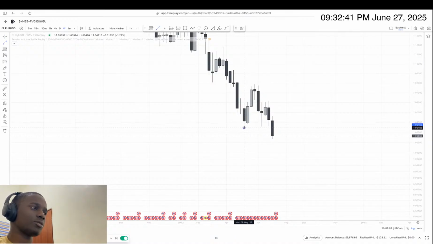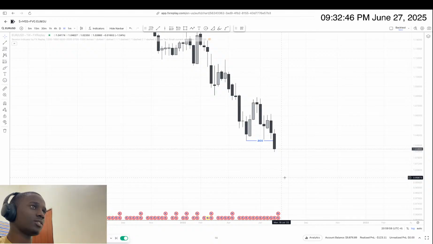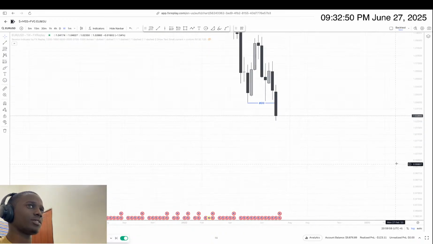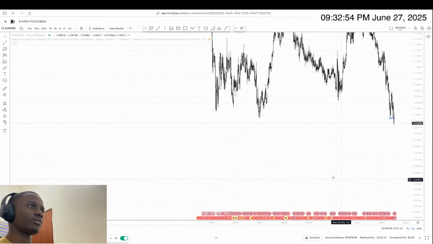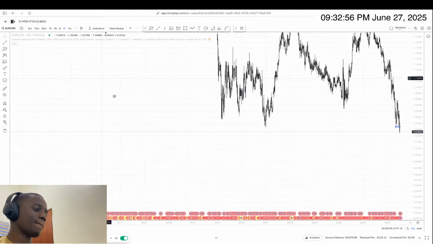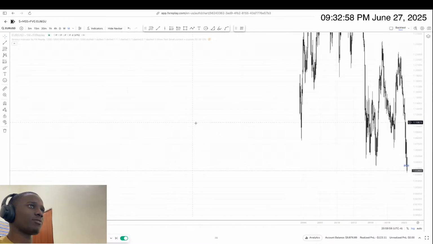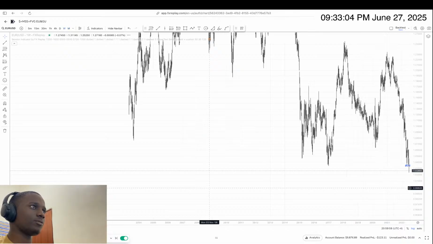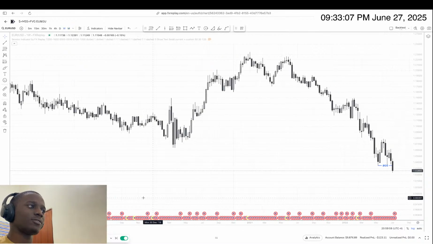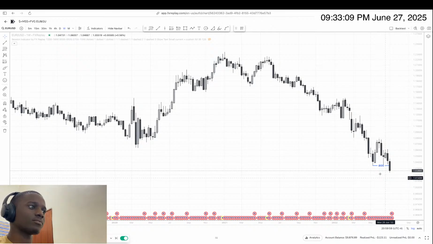From this low here to this here, we've created a great break of structure, which means that we are going to drop to a certain level, of course. So far we don't have any liquidity levels resting below here. Maybe except if we go on the monthly, I don't know, it looks like this is an all-time low, so no worries. So now what we are targeting is